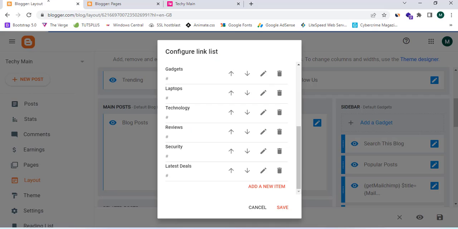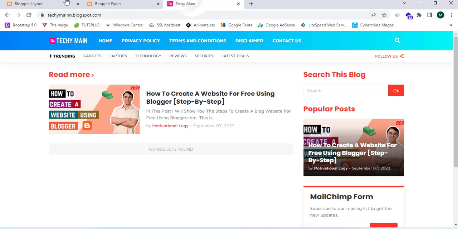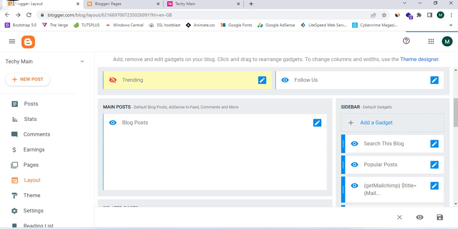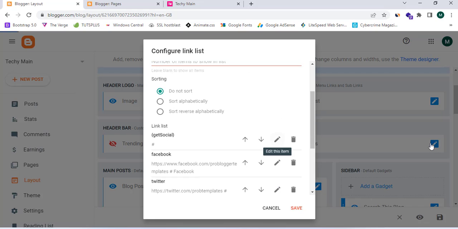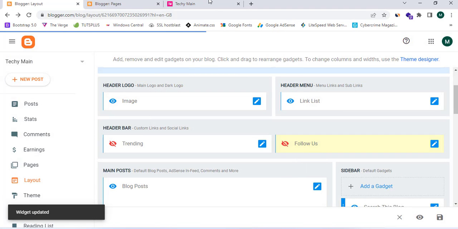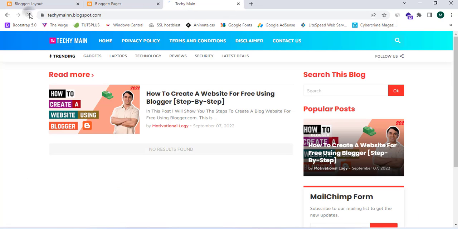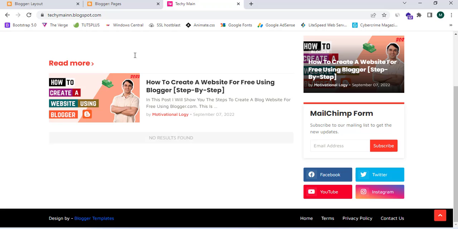and here the trending shows these types of topics, and I'm gonna turn off this, and after this I can turn off this one too. And when I refresh, this will show me that the header menu has been removed successfully,